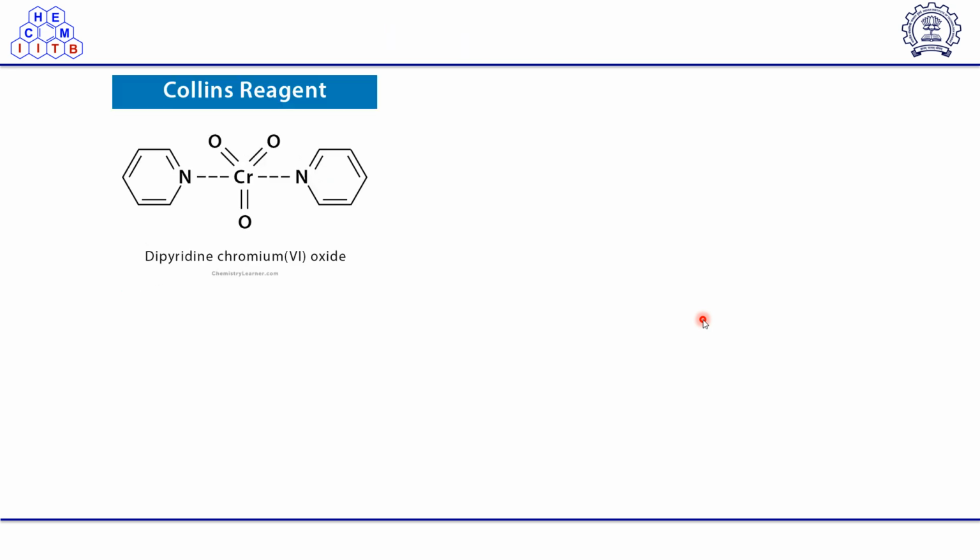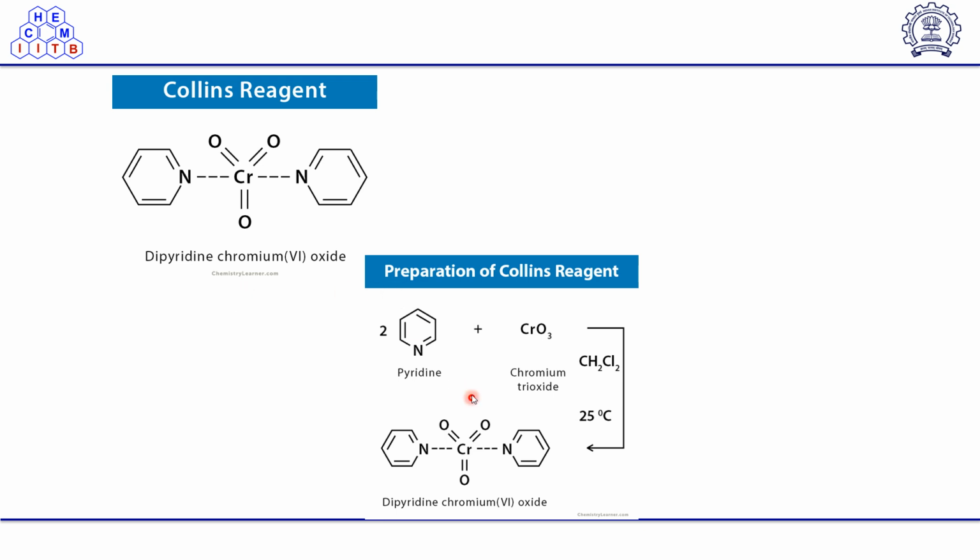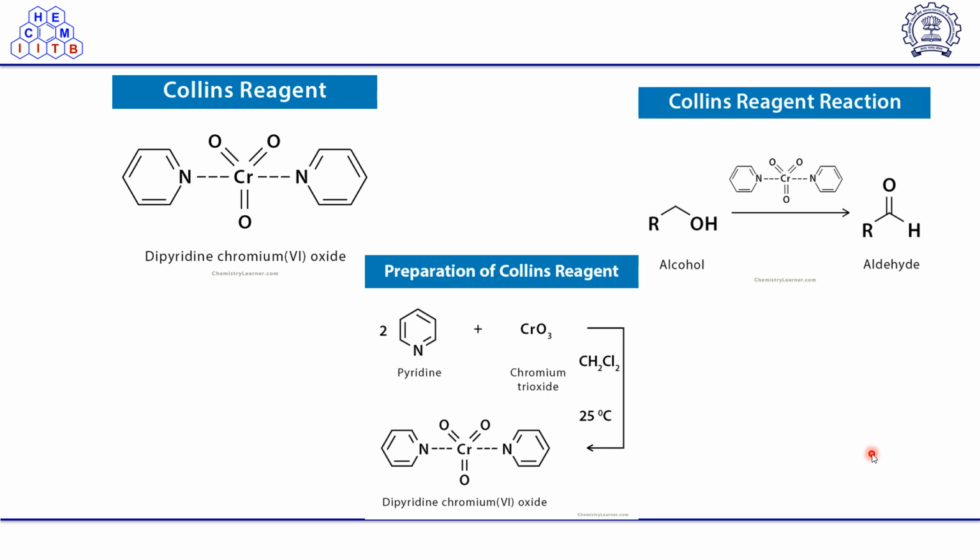So, first we will be discussing this Collins reagent, that is basically dipyridine chromium 6 oxide, and this can be prepared from pyridine and chromium trioxide in DCM at 25 degrees Celsius. We will be getting this dipyridine chromium 6 oxide. So, what is its use is that it will convert the corresponding alcohol into aldehyde, and